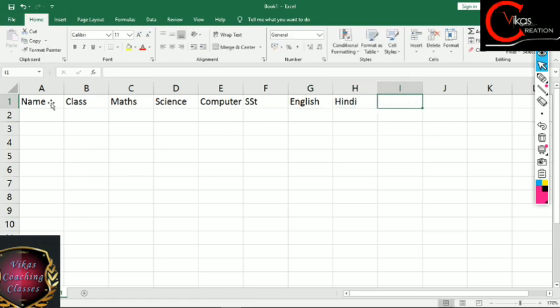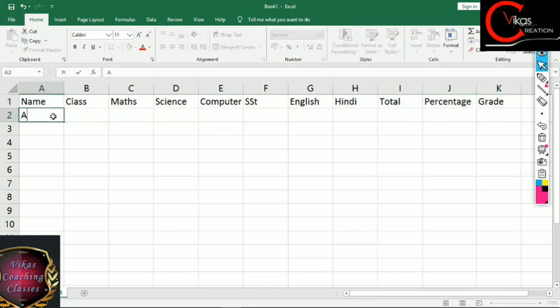Fine. And let's suppose after that you have to calculate total and percentage. Then let's suppose we also have to calculate grade here. Fine. So I will show you everything step by step, like what we have to do for calculating which thing. Let's fill up some data first of all. I'm writing some names like ABC. I have written first child is ABC, second is MNO, third is XYZ. I'm writing some names randomly. You can also write some names as per your wish.